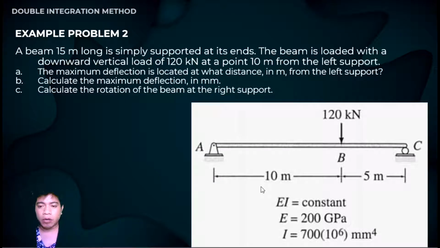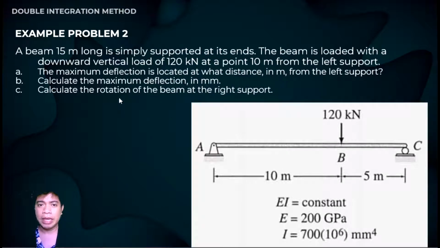Okay, so let us continue our discussion, guys, on the double integration method. So let's now solve example problem number 2. I will read the problem first. A beam 15 meters long is simply supported at its ends. The beam is loaded with a downward vertical load of 120 kilonewtons at a point 10 meters from the left